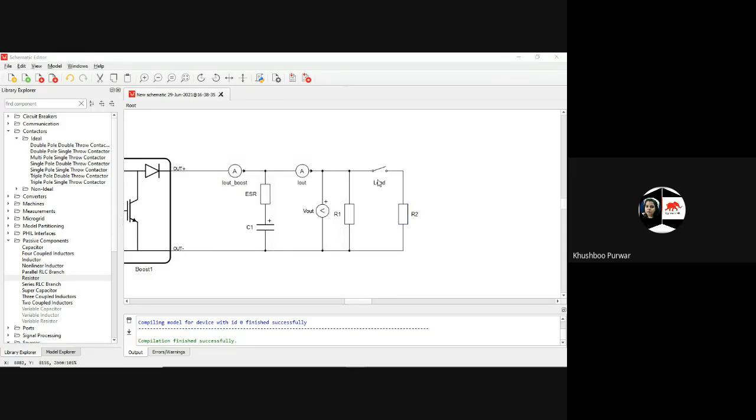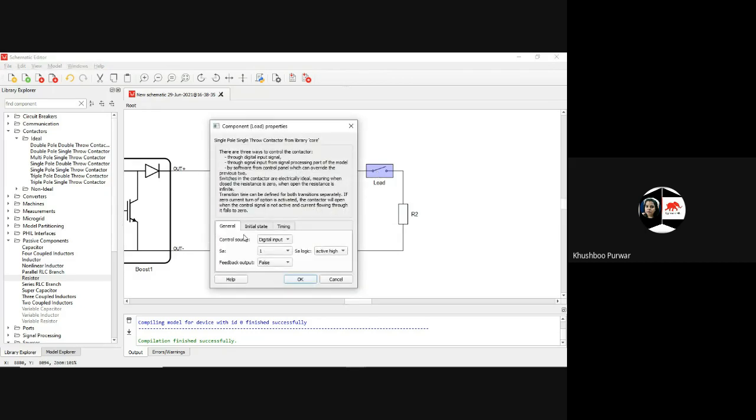In the contactor settings, we have to check some of the settings. Initial general state will be like this, SA1 will be this, SA logic will be active high, and feedback output will be false. Initial state will be off, on delay will be 0, off delay will also be 0, and switching will be on any current.